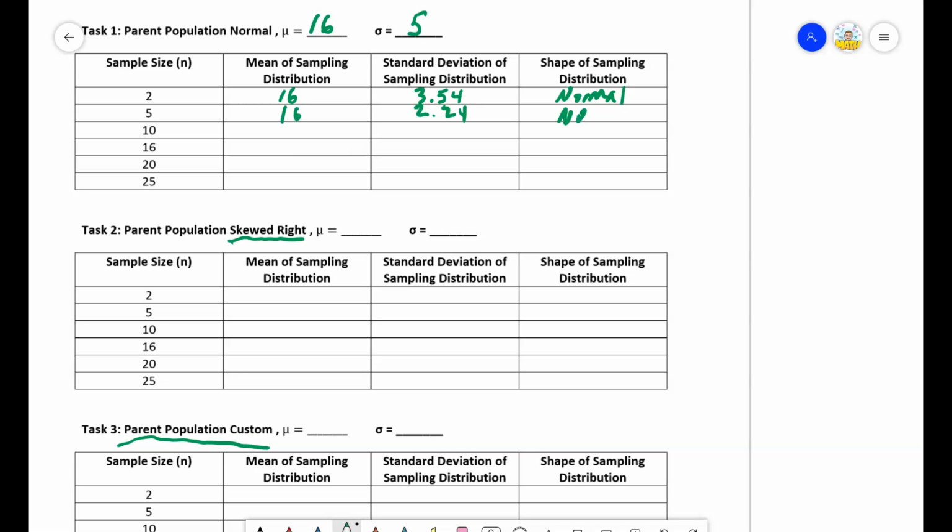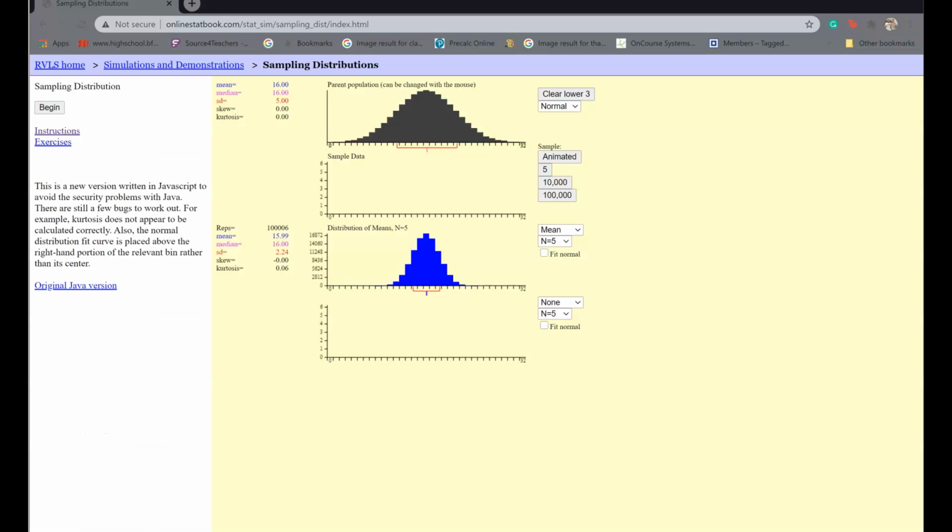And still normal. Okay. And then I'm just going to continue to do this. Let's change the sample size to 10 and see what happens. Again, what's really happening here is we're going to take 10 numbers from there and average them, and it would take a really long time if we kept doing that 10 numbers at a time. So to speed up the process, I click the 100,000 button and do it all in